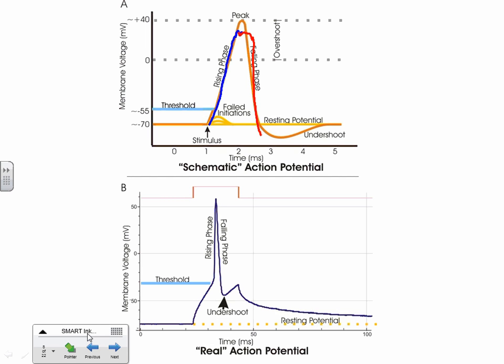They're specific. The sodium gates only let sodium in. Potassium gates only let potassium out. It's like a selective tunnel. It's not just a hole. It's like grabbing them and letting them go through kind of thing.